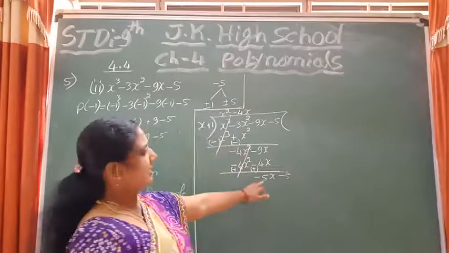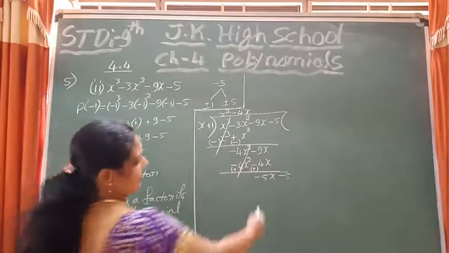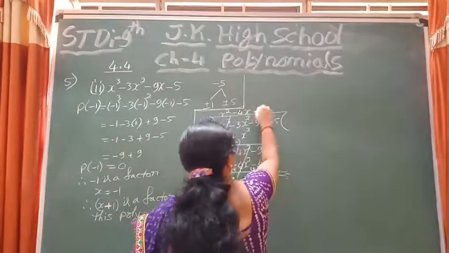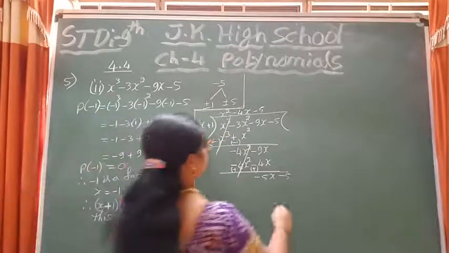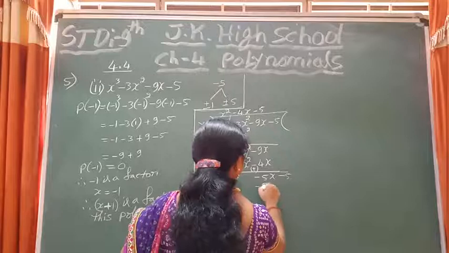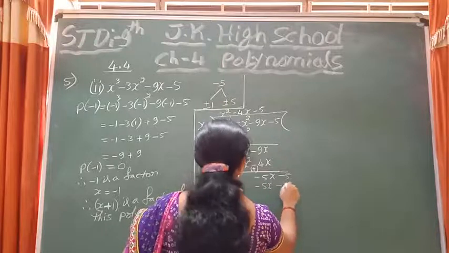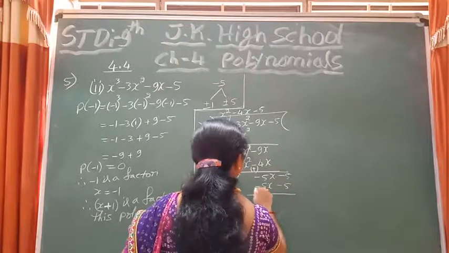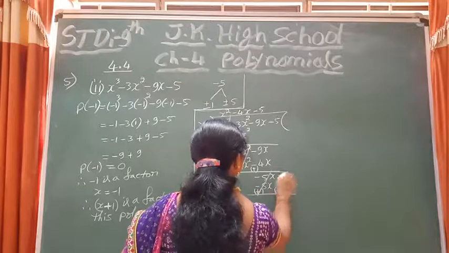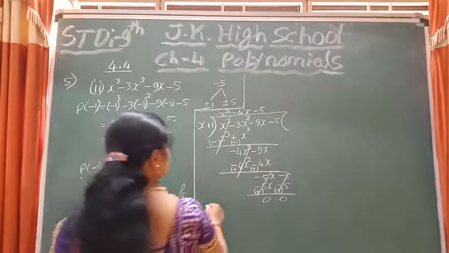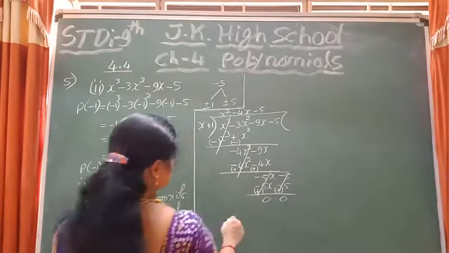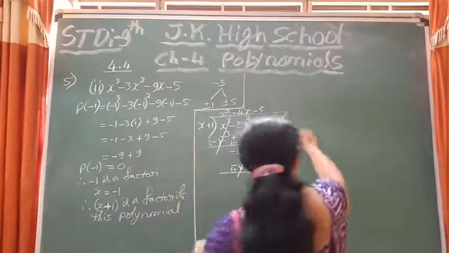So now you are dividing this by this. By 1x if I divide, minus 5 as quotient I get. So then multiply with that. Plus into minus, minus 5x, plus into minus, minus 5. Change the sign, I will get 0 as remainder. Okay. Therefore, we will come to know how I can write this given polynomial. So this polynomial, I can write in this manner.